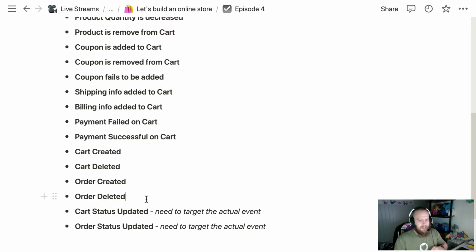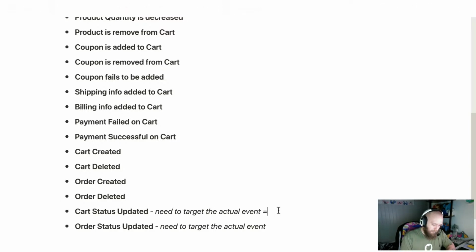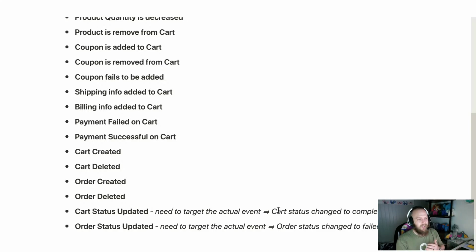What we want this to be instead is cart status changed to completed, or order status changed to failed. You know, that we're looking at that level of thing. We're looking less at a high level of this specific resource had this done to it. It's more how people have interacted. So to do that,